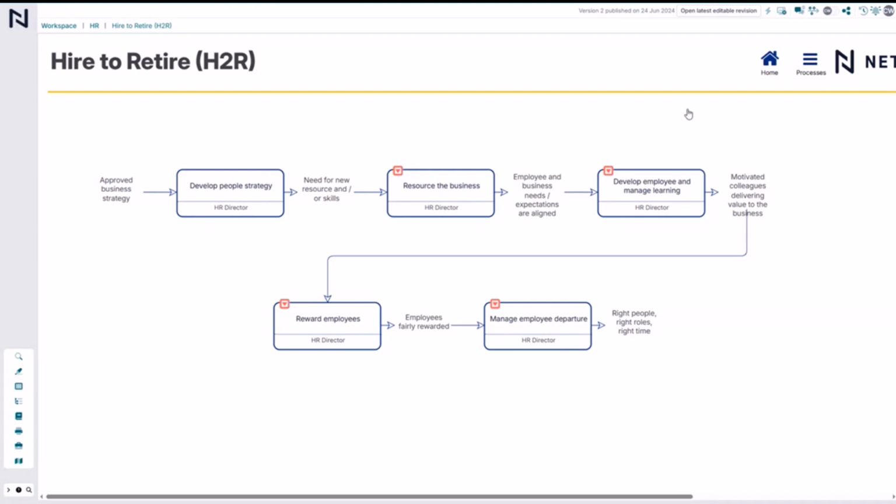The first one I've got here is a hire to retire process. What I've got on the screen at the moment is a very high level view of an end-to-end hire to retire process. But just before I go into some of the features, I know I just mentioned this before,